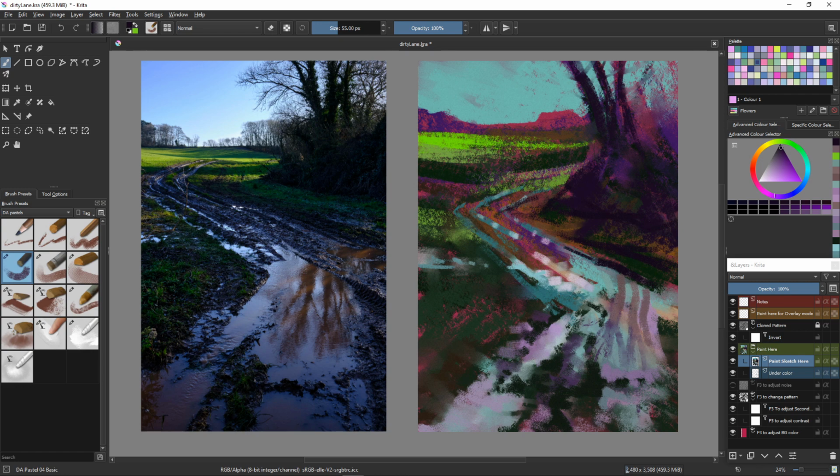That's cool. I'm liking that. I'm just trying to make sure I've got it. I know it's really loose and bordering on abstract, but when you stand back, I want you to be able to see the scene and say, oh yeah, I can see what's going on there. I can see that that's a puddle of dirty water that you could get on your boots and trample home